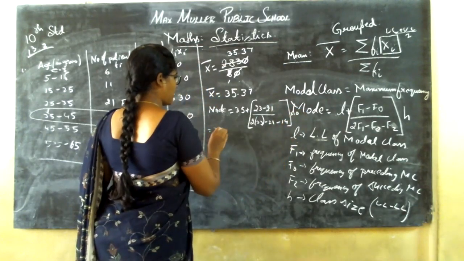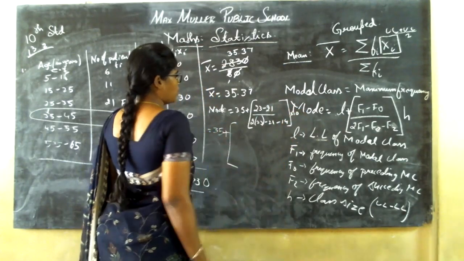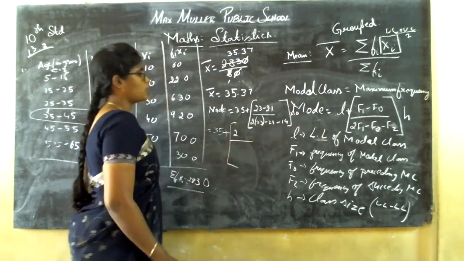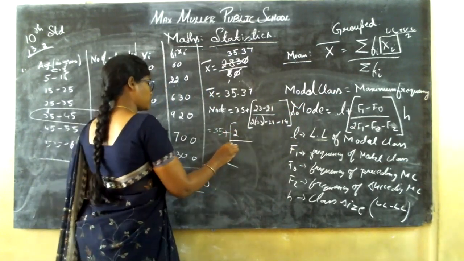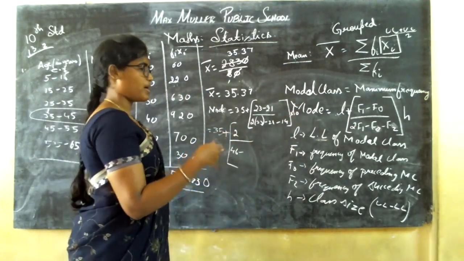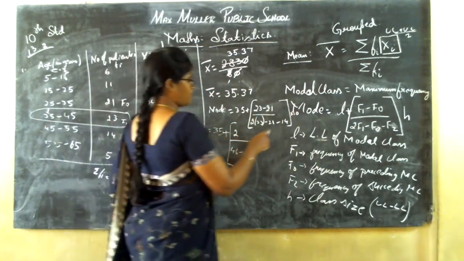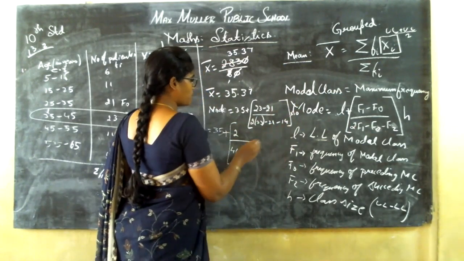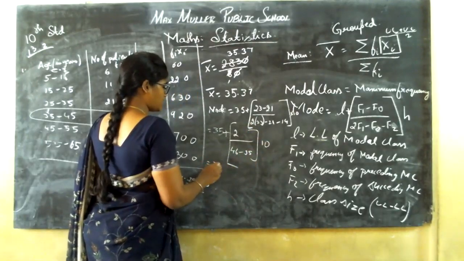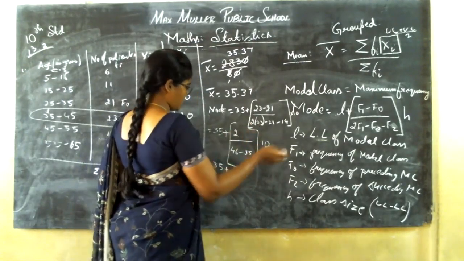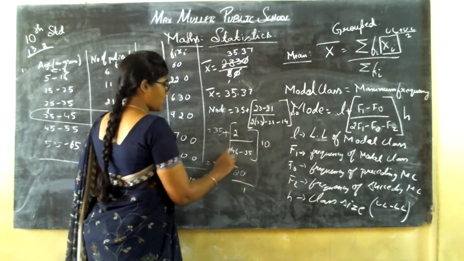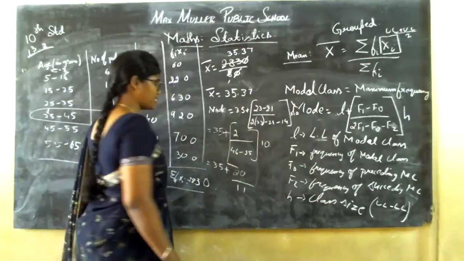Now 35 plus 23 minus 21 is 2, divided by 2 threes are 6, 6 and 2 twos are 4, 46 minus 14. So you are going to subtract and put the greater number sign. So 1 plus 4 is 5 and 2 plus 1 is 3, 35 and you have 10. So next is 35 plus 2 into 10 is 20 divided by 6 only, 5 1 and 4, 4 3 goes 1. So it is 11 itself.